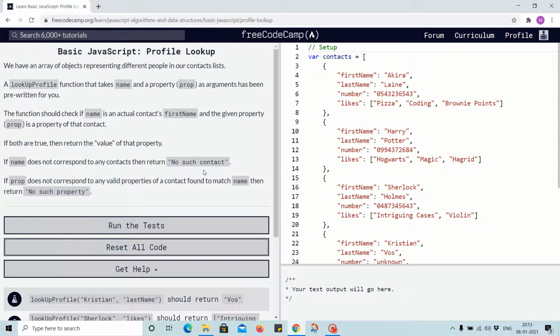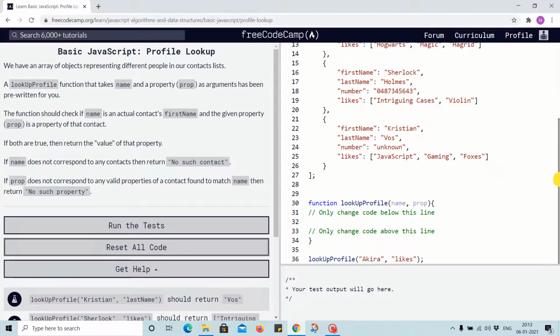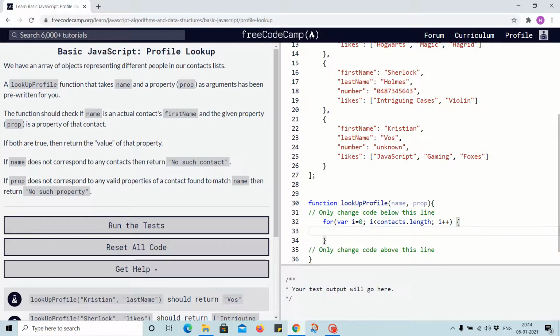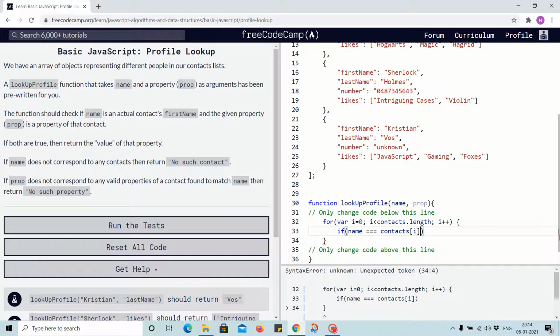So in this case, let's check. We will use a for loop where i equals 0, i less than contacts.length, i plus plus, and in the loop we have if name equals contacts[i].firstName and contacts[i].hasOwnProperty(prop),